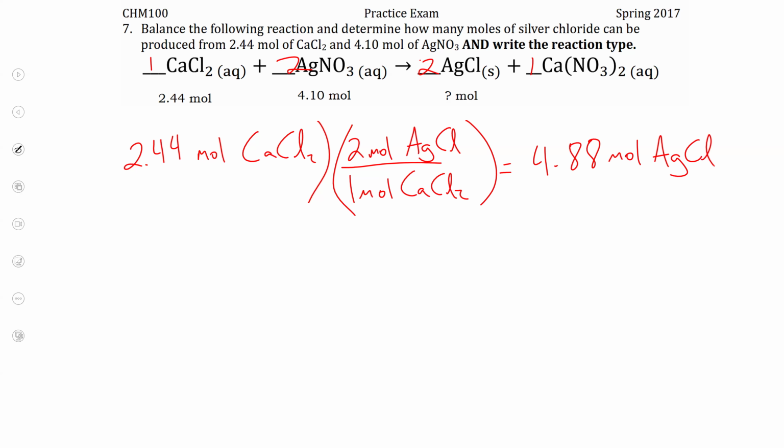We can make that much product, right? And on the other hand, if we have 4.10 moles of silver nitrate and it's 1:1,